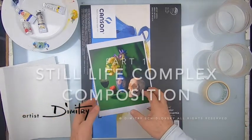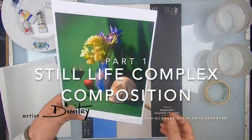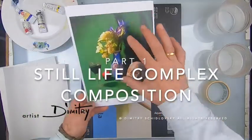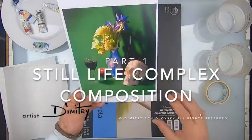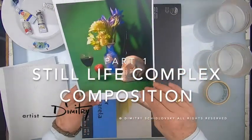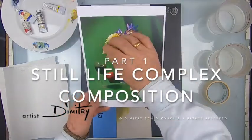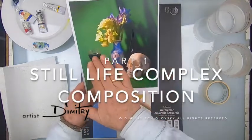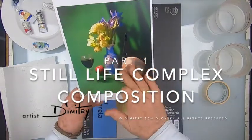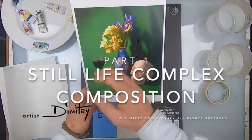Okay, so today's lesson is called Still Life Complex Composition. We are going to watercolor this particular image, okay? Complex in the sense that it has a varied semblance of objects, right? This complex texture here presented to us by the flowers and these different elements. They're all very different. The skull, and there's a story told, and there's